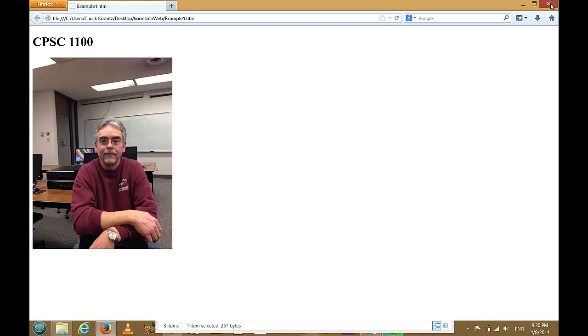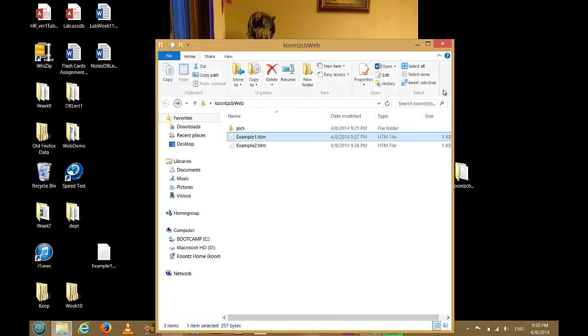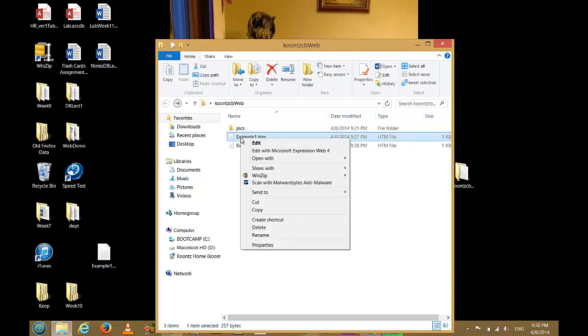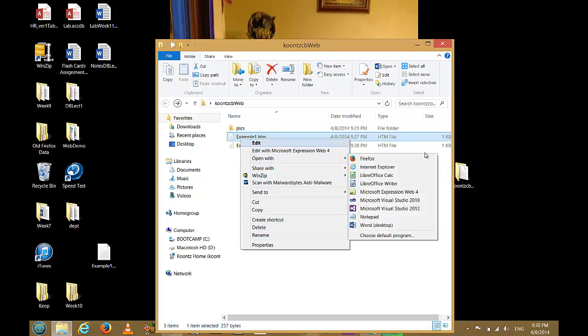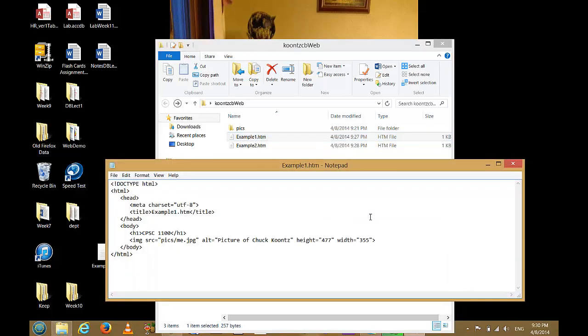Well, I need to open the web page in an editor. Any changes I make to the HTML, I have to do through an editor, not a browser. A browser reads web pages, but it doesn't allow you to write anything to them. So I'm going to open the web page here with Notepad. And down below here, I'm going to put in a